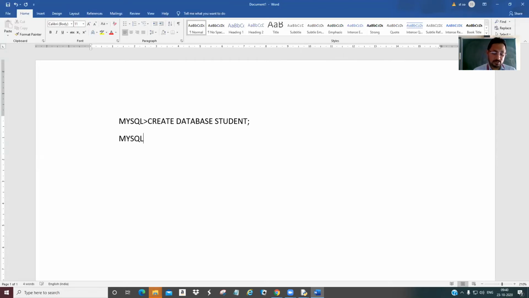And then again the next command which you give here is, at the MySQL prompt, use and you write the database name. This semicolon is a must to mark the end of the statement. Why is this a must? Because if you have not used the use command, then what happens? It will not make student the current database. No database selected, so it will not create the table and it will not allow you to work further.